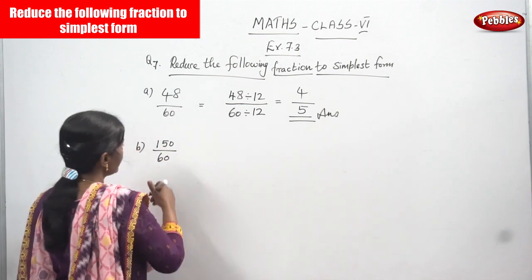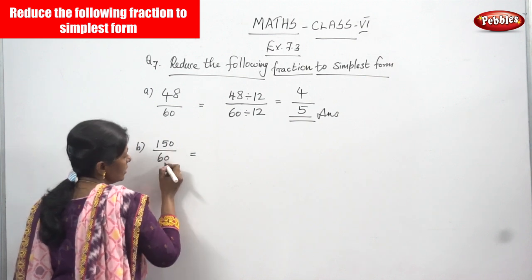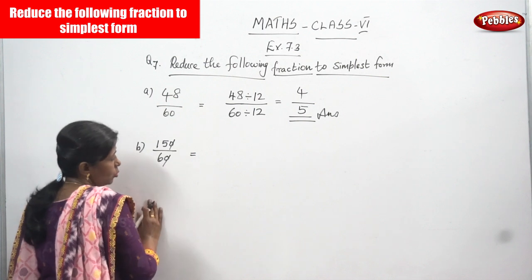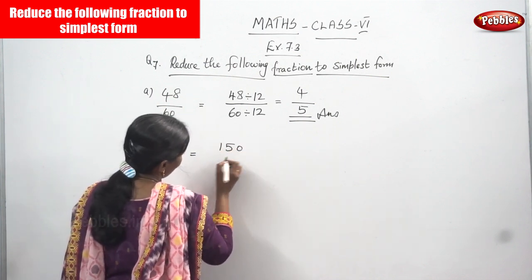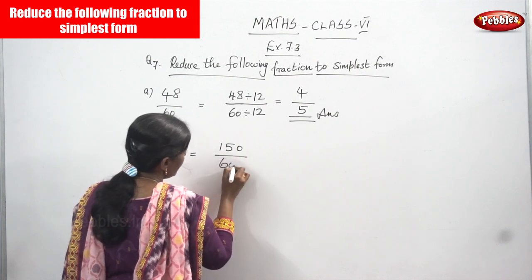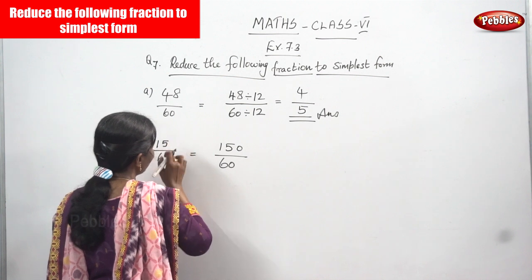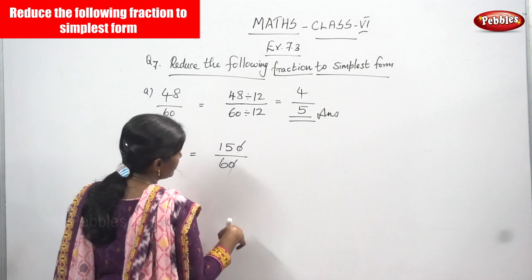So next is 150 divided by 60. So what are you going to do? 150 divided by 60 means first you have to cancel the 0. That is easy to do, otherwise you have to write it as it is. It's not an issue. So first I have to cancel the 0, because in both the numerator as well as the denominator you have 0. So just cancel the 0, and after that